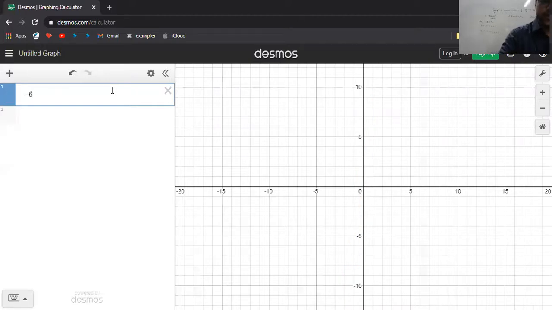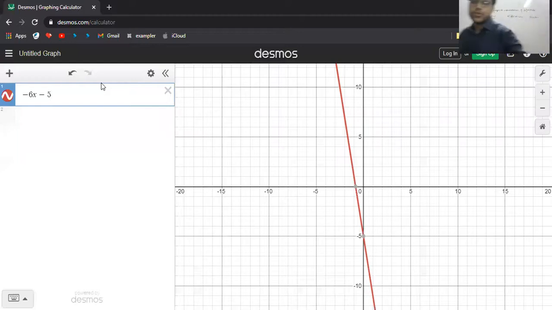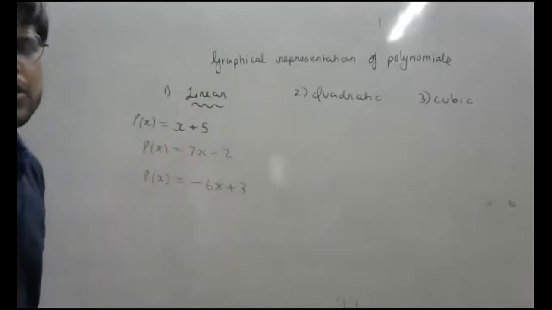Even x is not important. If I put some other variable, 6y plus 0, once again, I think this particular software is designed for x, so here we have to use x. You can do anything. All these equations are linear equations and we are getting a line. And this is dynamic; as you change the equation, the line will also change. See, every time I'm writing an equation, you can see on the left hand side, I'm getting a straight line. So all linear equations will always give you a straight line.